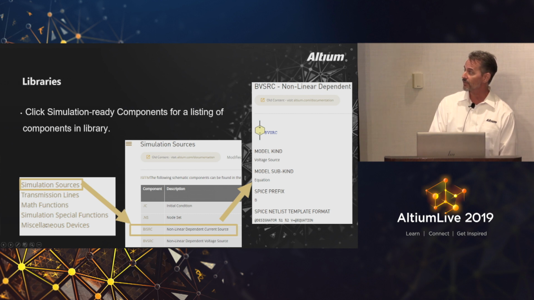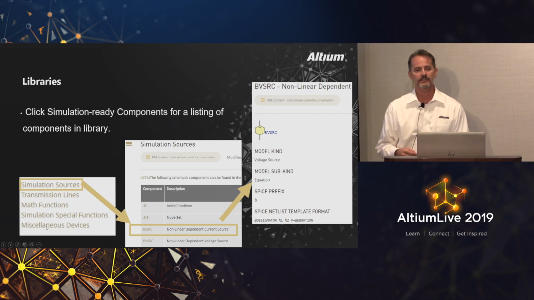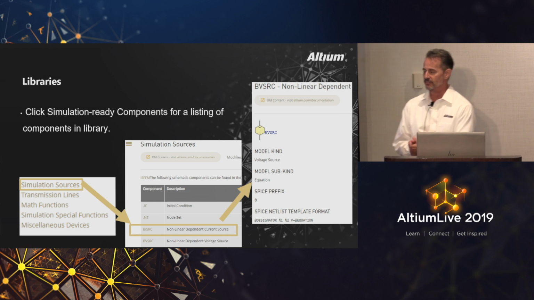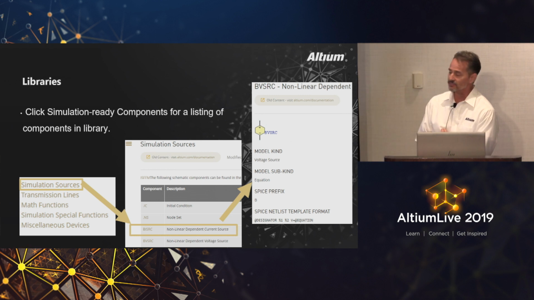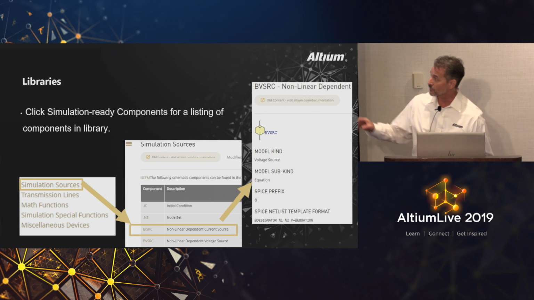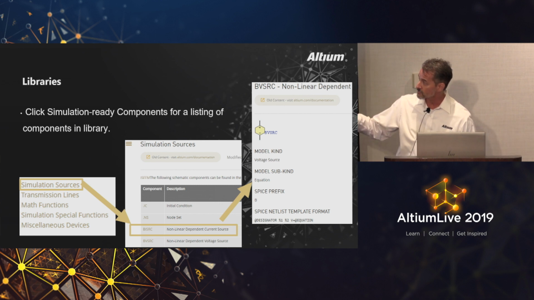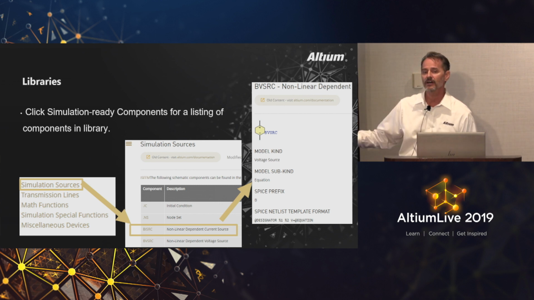When you click on that, when you install the mixed signal simulation, there's really 5 libraries. There's the miscellaneous devices, which is installed by default, and that has some simulatable resistors, capacitors, and inductors. It has basic simulation models. It's not all simulatable, so you can't use everything in there. And I'll show you in just a moment how to check if there's a model associated with a component or not. And so if you click on simulation sources,